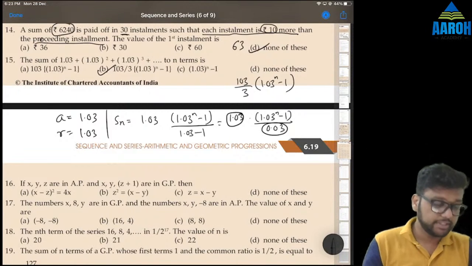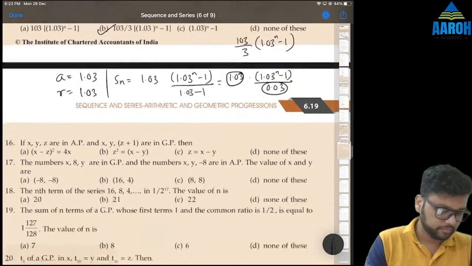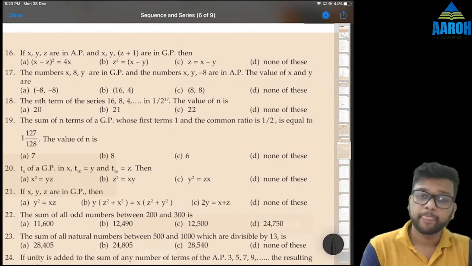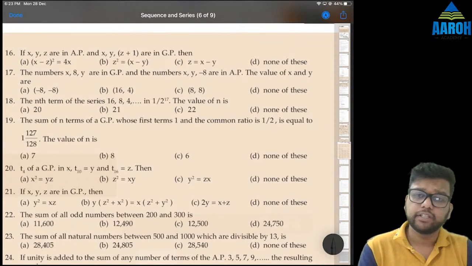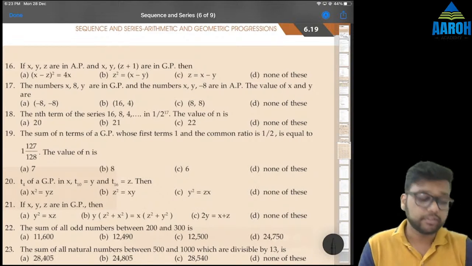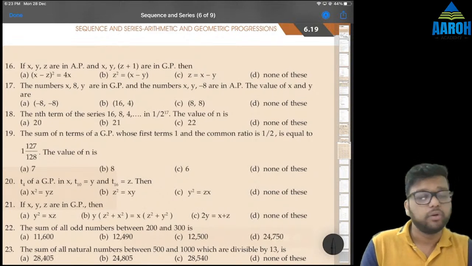B, correct. 15B is correct. Good. Next, 16th. B, correct. 16th. If X, Y, Z are in AP and X, Y, Z plus 1 are in GP, then, okay, we can solve this, but we can assume some numbers because see,